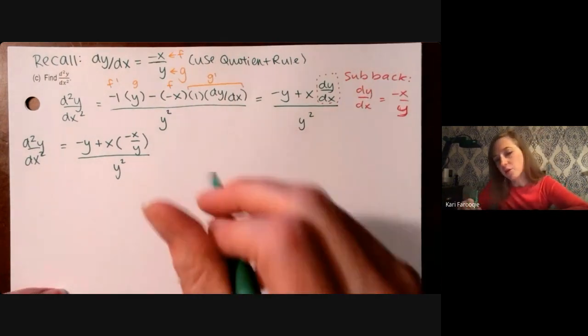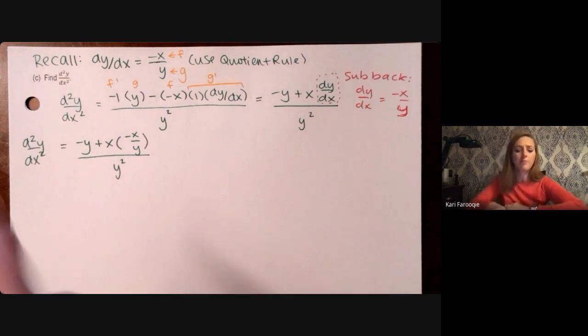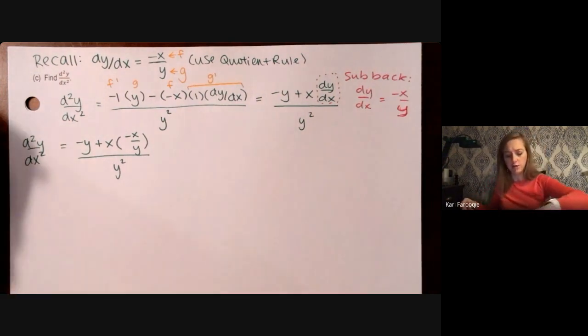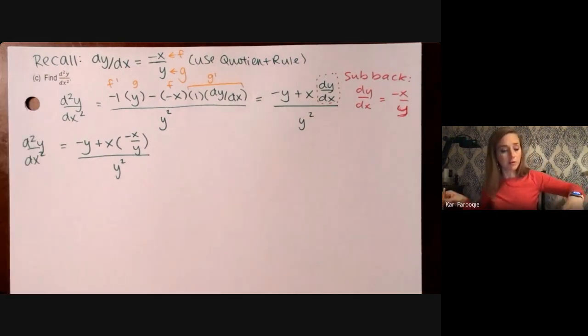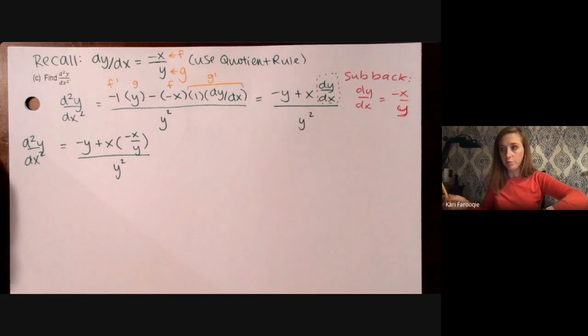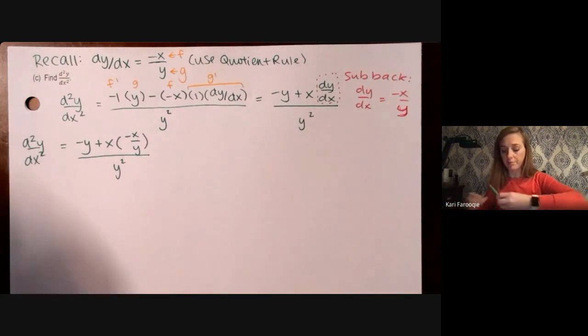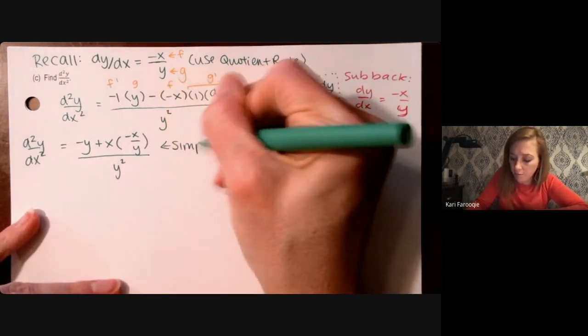So I taught you a technique that you should have learned in algebra, but if you don't remember it, I'm not surprised because you learned a lot of things in algebra. Some of them you need extensively in calculus, and others you're not going to see again for the rest of your life. But one of the things that I showed you in this class was how to simplify a complex fraction by multiplying every term by the LCD. So I'm going to say here that we're going to simplify,